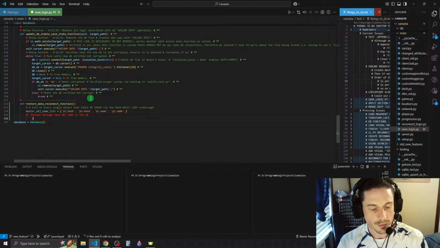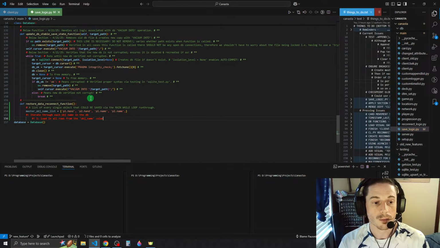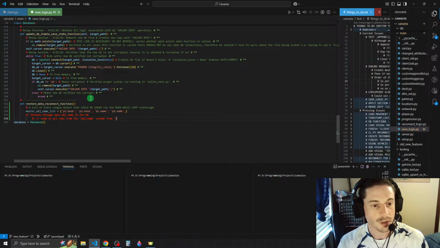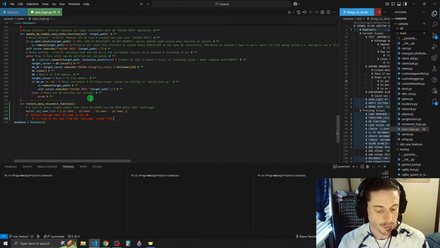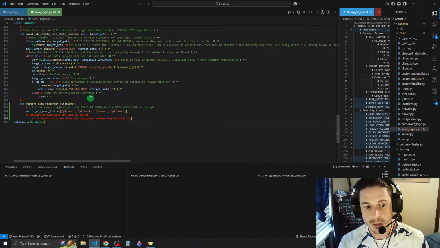So that means first we have to load in all rows from the object name column from the stable database. And then number two, we would have to deserialize